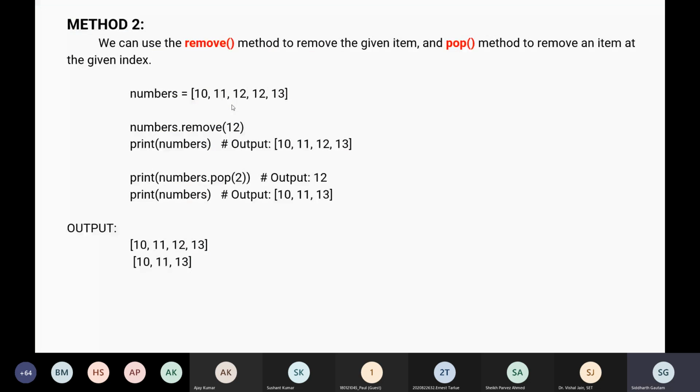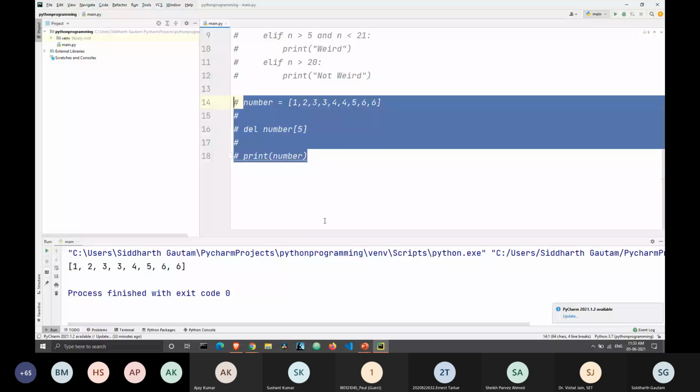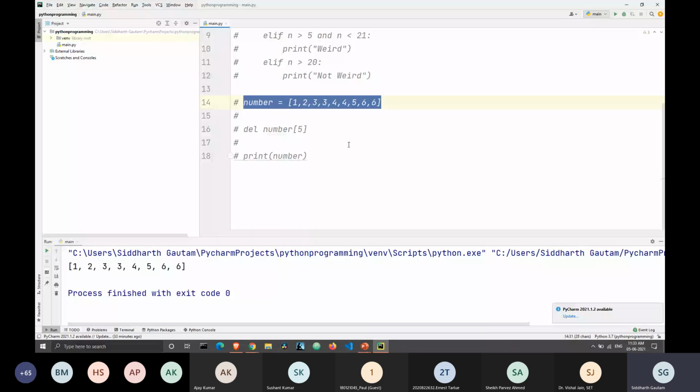All right. There are also two more options. I shouldn't have forgotten this. Let's take a look at the remove and the pop function. We have the remove function first, but we will take a look at the pop function before that. Okay, let me just bring this list back. I will just copy this and paste it here. And if I type here number dot pop, and I will print number.